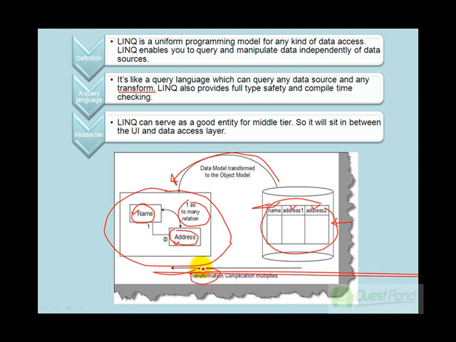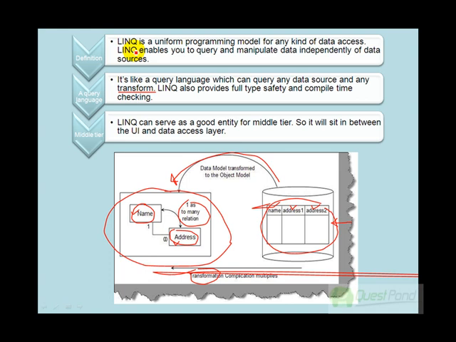Now what developers normally do is they write logic by which they read the data set or the data reader, and then they create classes and create this aggregation relationship. Now all this can be done very easily by LINQ using the transform feature of LINQ. And because of this feature, LINQ becomes a very good entity for the middle tier. So in other words, the transformation mainly takes place in the business object or in the middle tier.